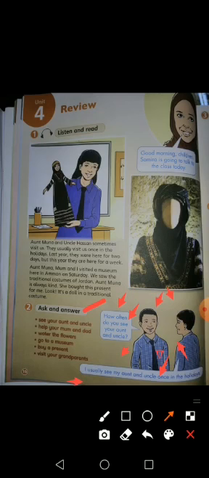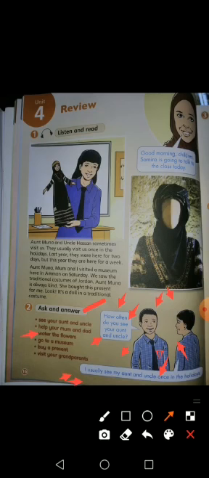So you have to ask them in this way. For example, how often do you water the flowers? Okay, look, I use this example. How often do you water the flowers? The answer should be like, I always water the flowers. I always, right? We use adverbs of frequency. Do you remember adverbs of frequency? Okay. I always water the flowers.